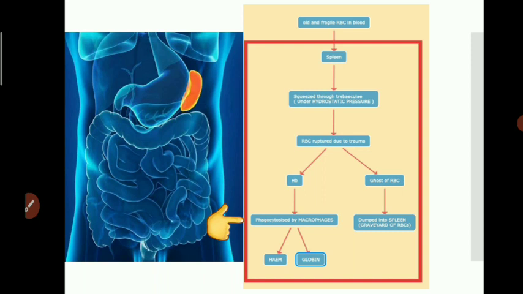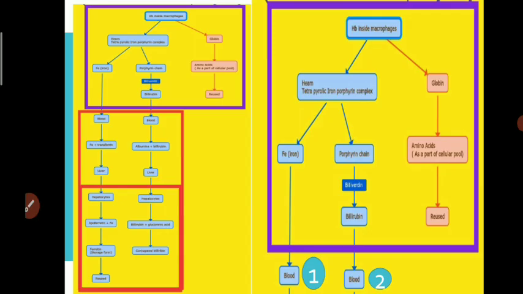Now this hemoglobin, on the other hand, which was released into the blood, is phagocytosed or consumed by the macrophages. Macrophages will separate the hemoglobin back into the heme group and the globin part. So once the hemoglobin has entered the macrophages, it will be broken down into the heme and the globin. Globin is the proteinaceous part. The macrophages will break the globin chain into amino acids. These amino acids will become part of the cellular pool, will get stored inside the macrophages and will be utilized as required. Since amino acids are quite required in the cell, they will be reused.